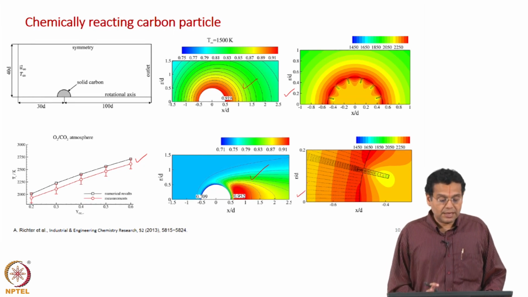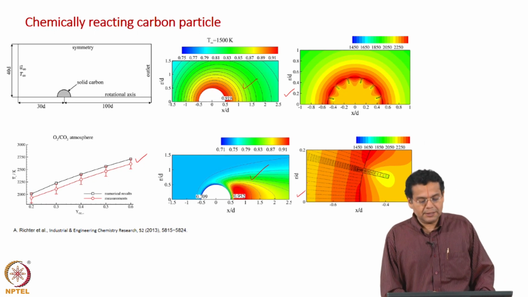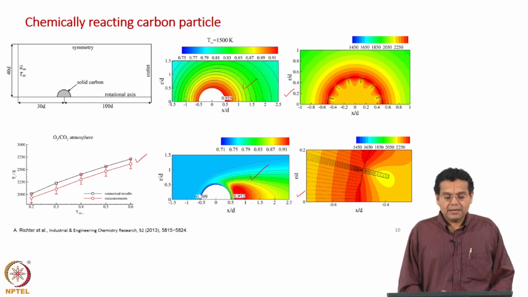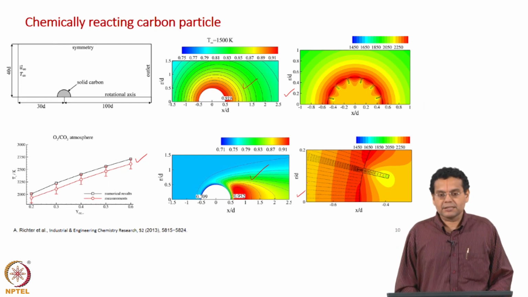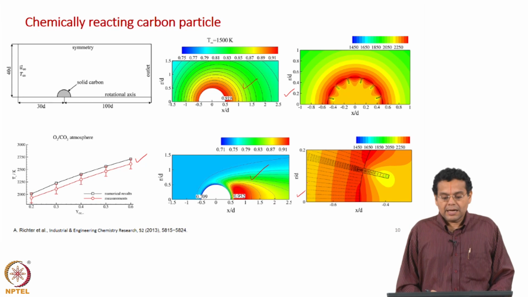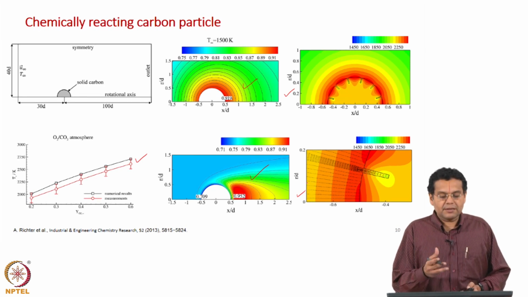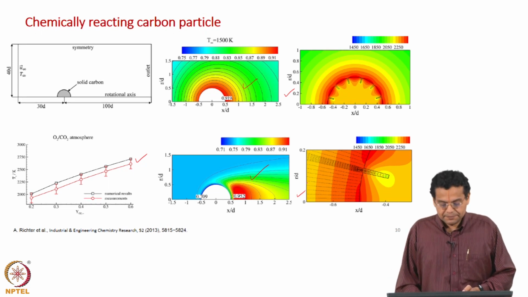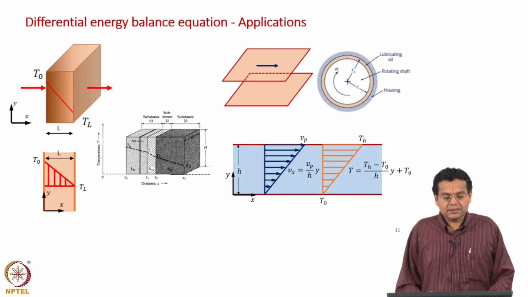So, by solving the energy balance equation, of course along with other conservation equations, we can do a detailed study even at the particle level. That is why this example is being discussed. Other examples were at the scale of a reactor, let us say a few meters, but this is of the order of a few microns, and this carbon particle could be inside a reactor, and eventually we can predict the performance of the reactor. Those are the applications which I would say are high end applications as far as this course is concerned. I would say most of them are research level applications.